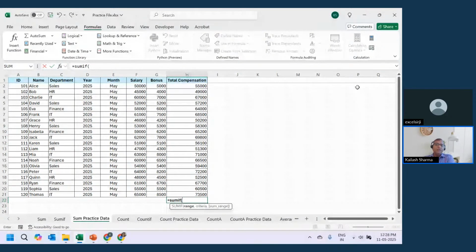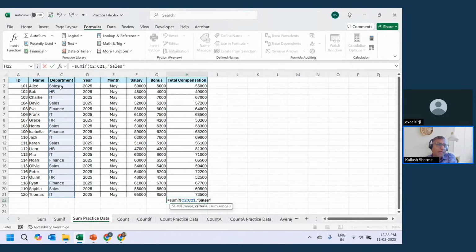First, it is telling the range, right? Range where you want to apply the filter. So we wanted only the salesperson data. So I'll say select this range. So this is my range. And what is my criteria? The criteria is sales. Means I'm telling that out of these cells or this range, pick only the records which